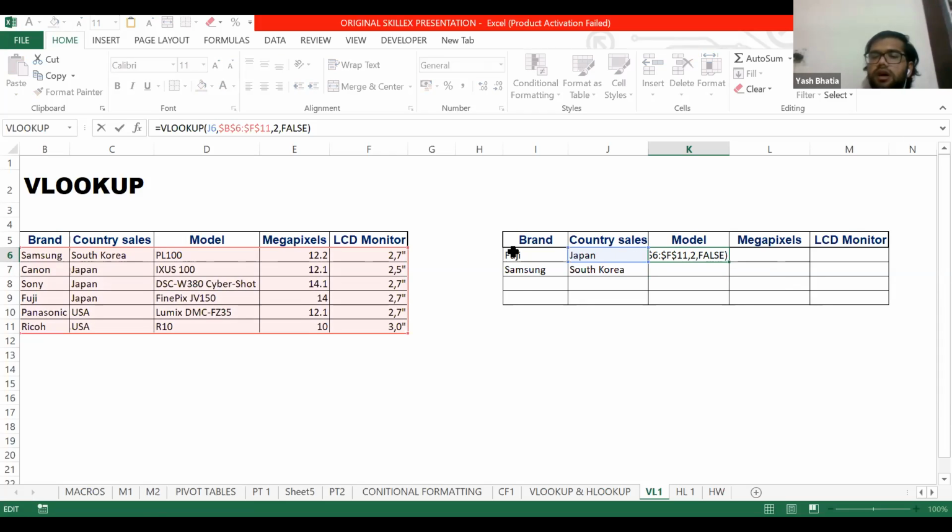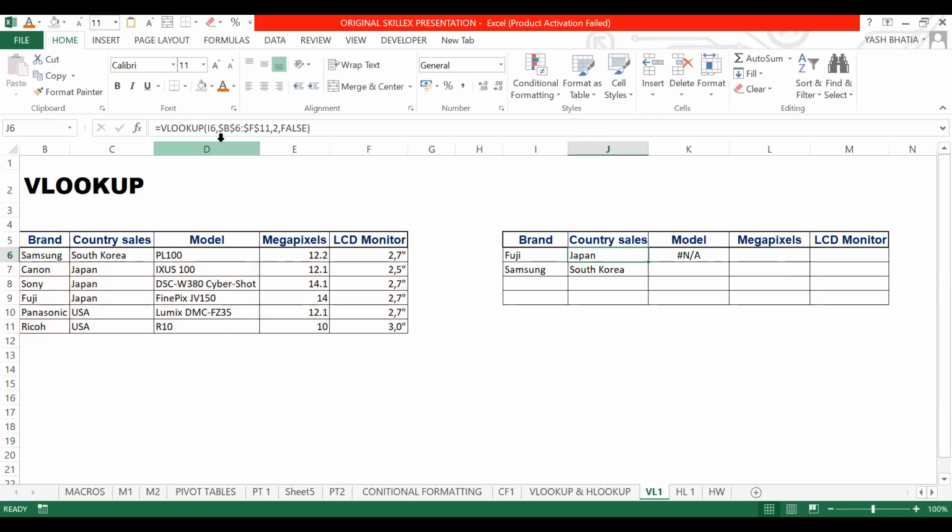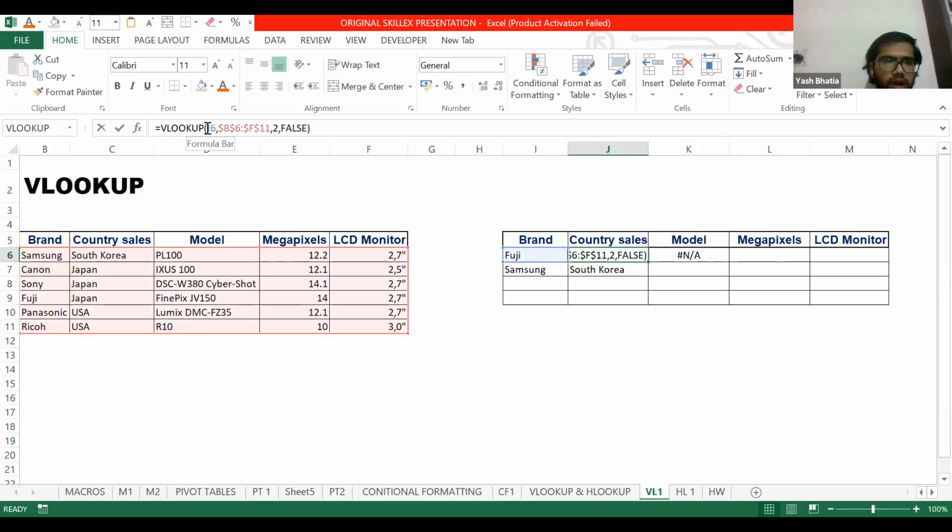We have not fixed the lookup value. We need to find Fuji, but it's showing that we are looking for Japan in the source table. So we need to do one thing more. We need to fix the column. I fix the column I using referencing, putting $ before I, and now again I copy the formula and paste it. Oh, so sorry. Just a second.